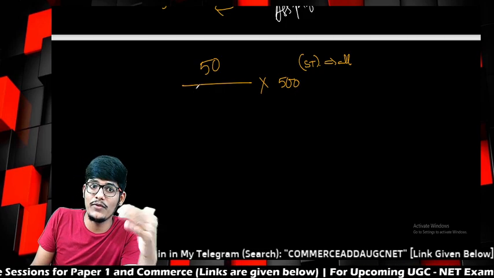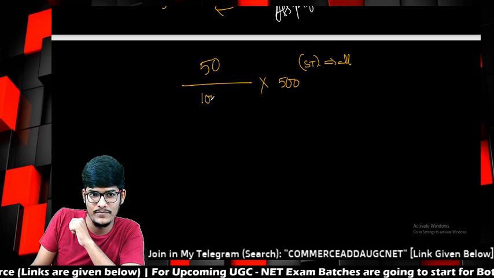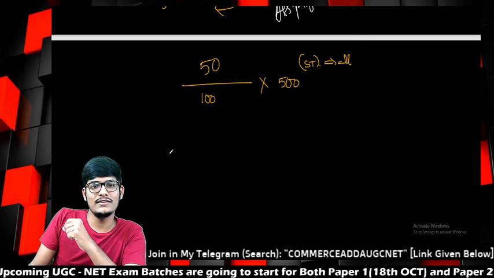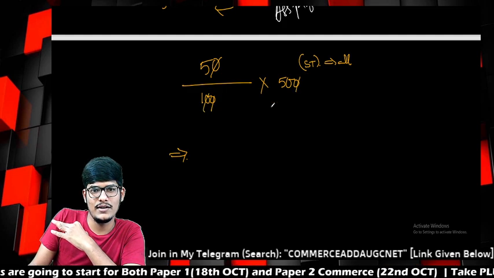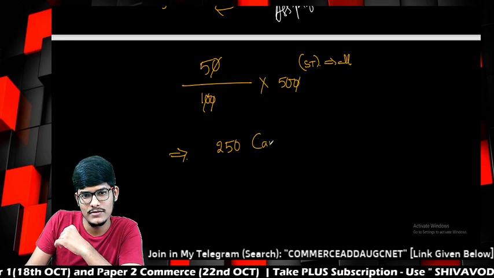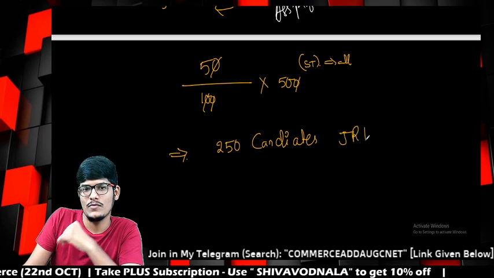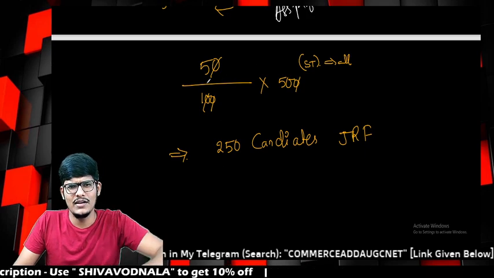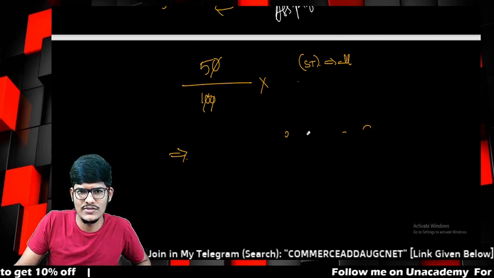But the candidates who have qualified for the JRF and assistant professor, the eligibility which we calculated, that is 100. Correct or not? We calculated 100. Now on this, how many candidates? Zero, zero cancel, zero, zero cancel, 5 into 5, 250 candidates are going to get JRF. Actually, this is a minimum number, the number is more than this. You may get confused. I will change this number, guys, so that you will not get confused.